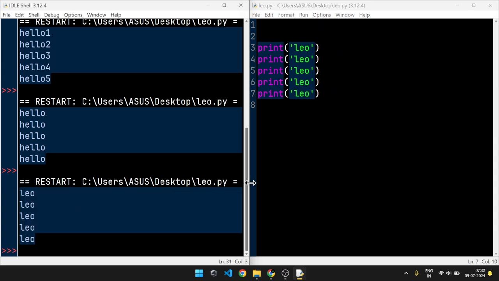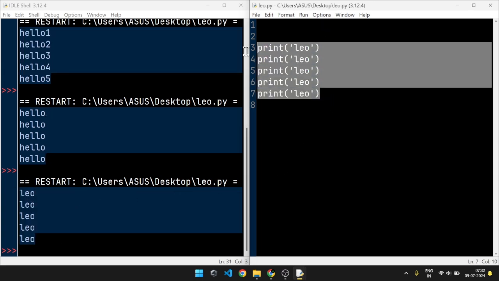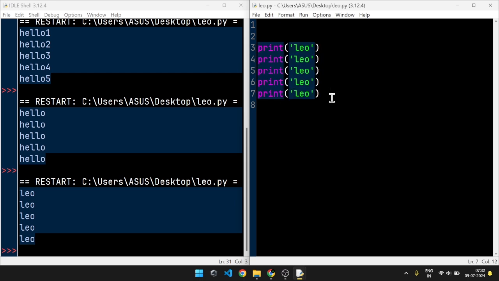Now I want to print something else. This is easy for this much, 1, 2, 3, 4, 5 print statements. But what if our program has thousands of print statements? I have to change everywhere Leo, Leo, Leo, Leo. So to avoid doing that, we use variables. Now what is a variable? It's just a name, anything. For example,